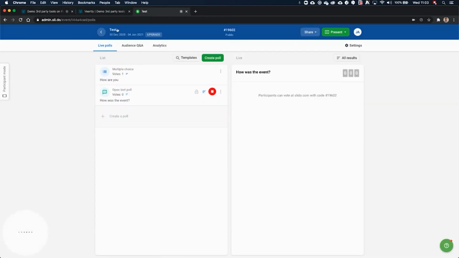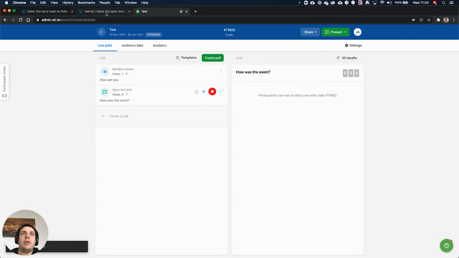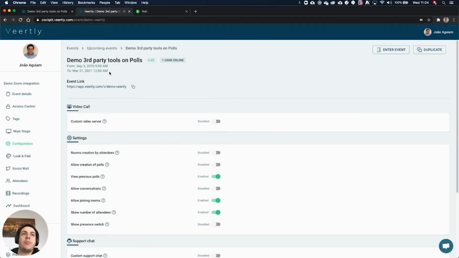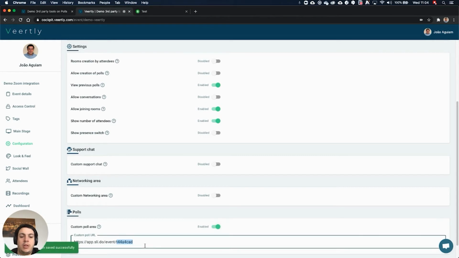So you can easily create your sli.do polls and the event. Get the link from Slido. The link is copied, and now you can go to your cockpit on the configuration section. At the very bottom you have the polls area, so you can have a custom poll area. So you can enable it. You copy the link event, which is already there, and if you go back to